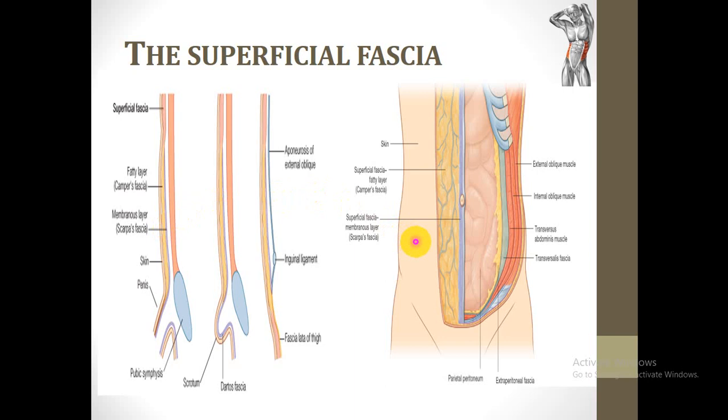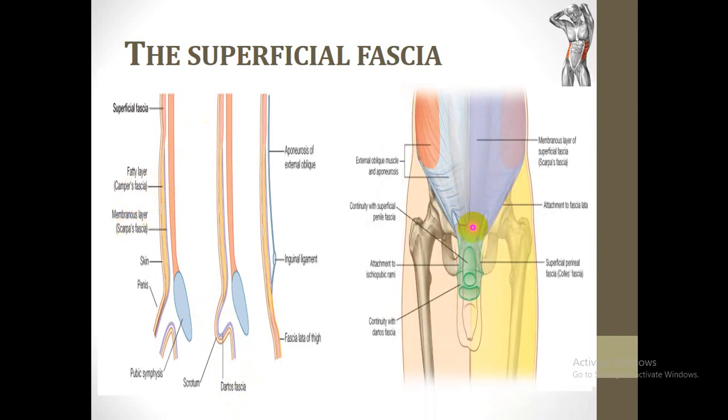The fatty layer will descend downward to cover the penis after it loses its fat and unites with the membranous layer. Then it descends downward to cover the scrotum to form a specialized fascia called dartos fascia, because it contains some smooth muscle fibers. Also, the membranous layer will descend downward to cover the penis and scrotum to form the